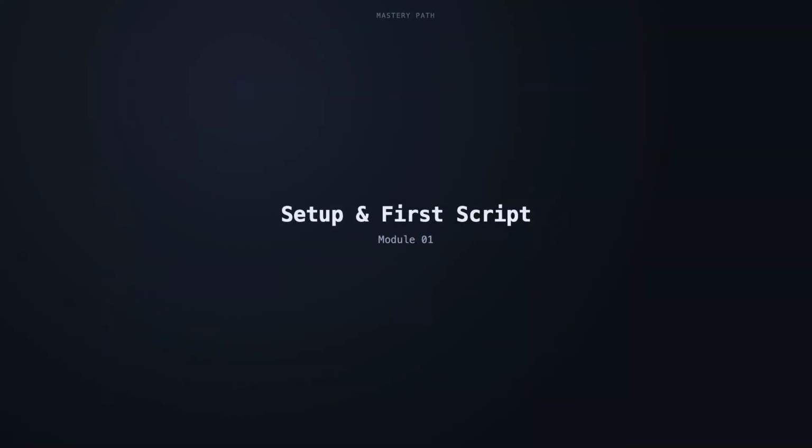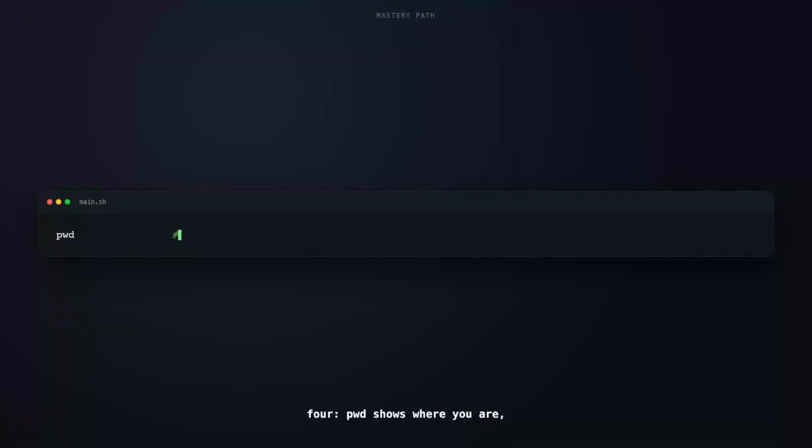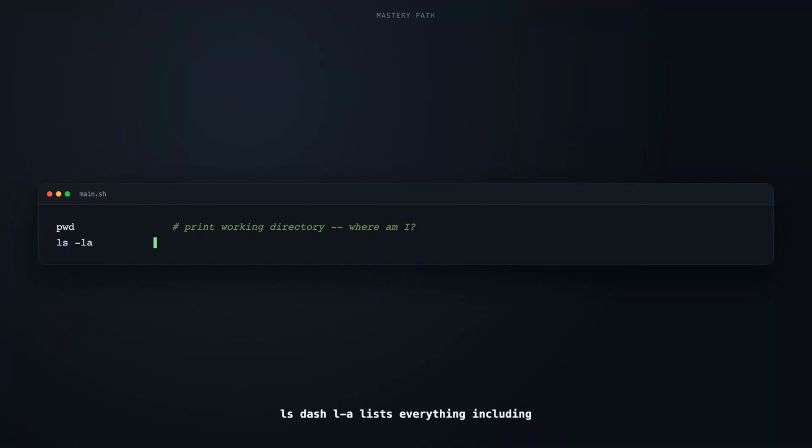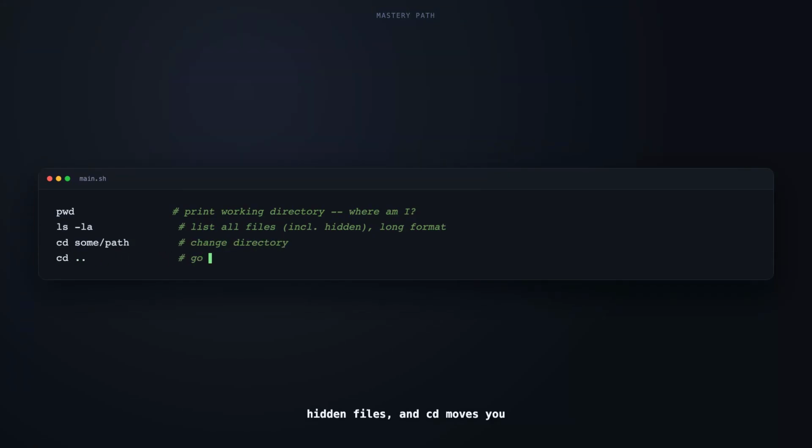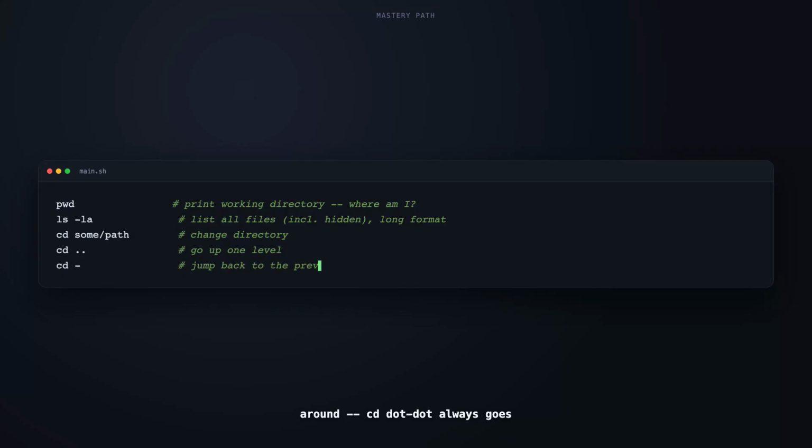Every bash script starts the same way: a shebang line telling the OS which interpreter to use, then permission to execute it. Let's write one from scratch. Before scripts, get comfortable with these 4. pwd shows where you are, ls -la lists everything including hidden files, and cd moves you around. cd .. always goes up